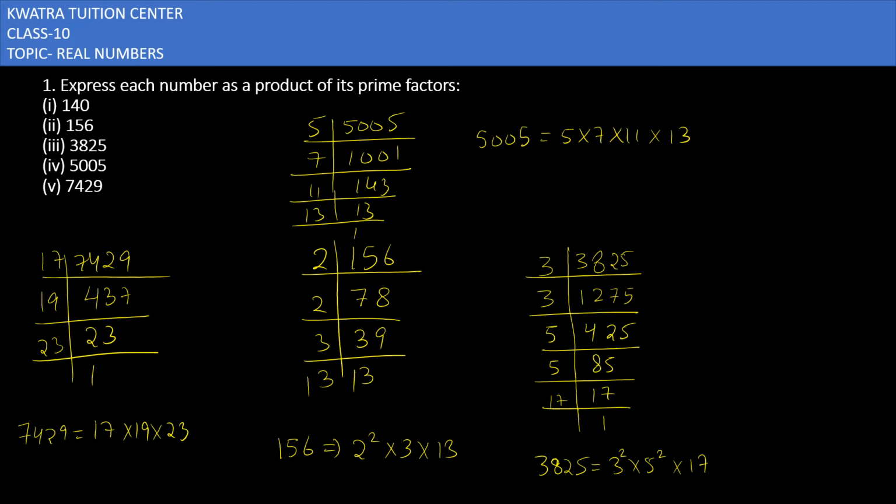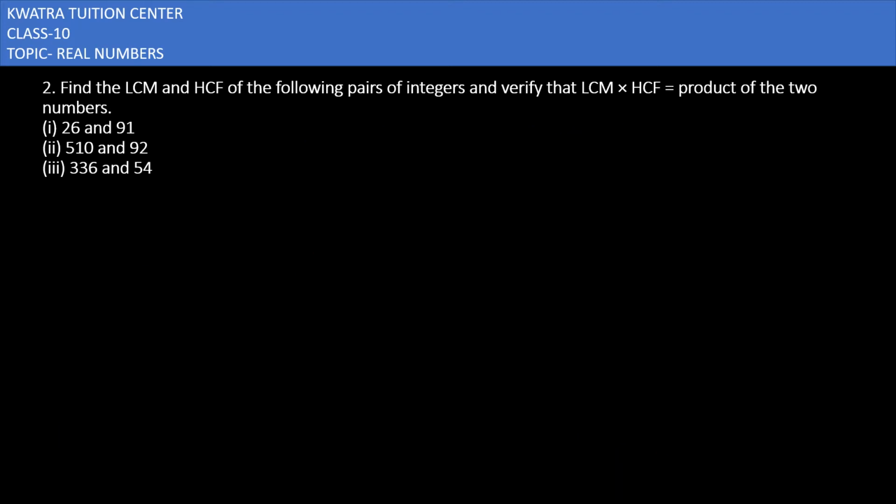Now moving to the second one. Let's start with question number 2. It says find the LCM and HCF of the following pairs of integers and verify that LCM into HCF is equal to the product of the two numbers. So हमें सबसे पहले क्या करना है, LCM और HCF निकालना है. और उसके बाद हमें ये वेरीफाई करना है। ये फॉर्मूला होता है हमारा LCM into HCF is equal to product of two numbers, given numbers, उनका प्रोडक्ट लोगे it will be equal to LCM into HCF।